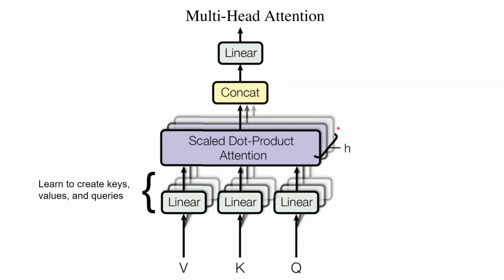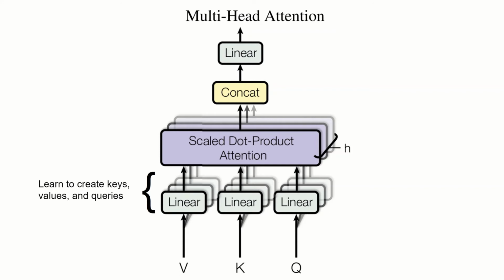We will perform this operation h separate times, one for each attention head, to allow our network to focus on multiple different things at one time. And so we'll need to have h different pairs or h different triplets of linear layers, so a total of 3h linear layers. And note that these linear layers, while they'll all look the same, need to have separate weights and will not simply be copies of each other, so that they can learn how to focus on different things